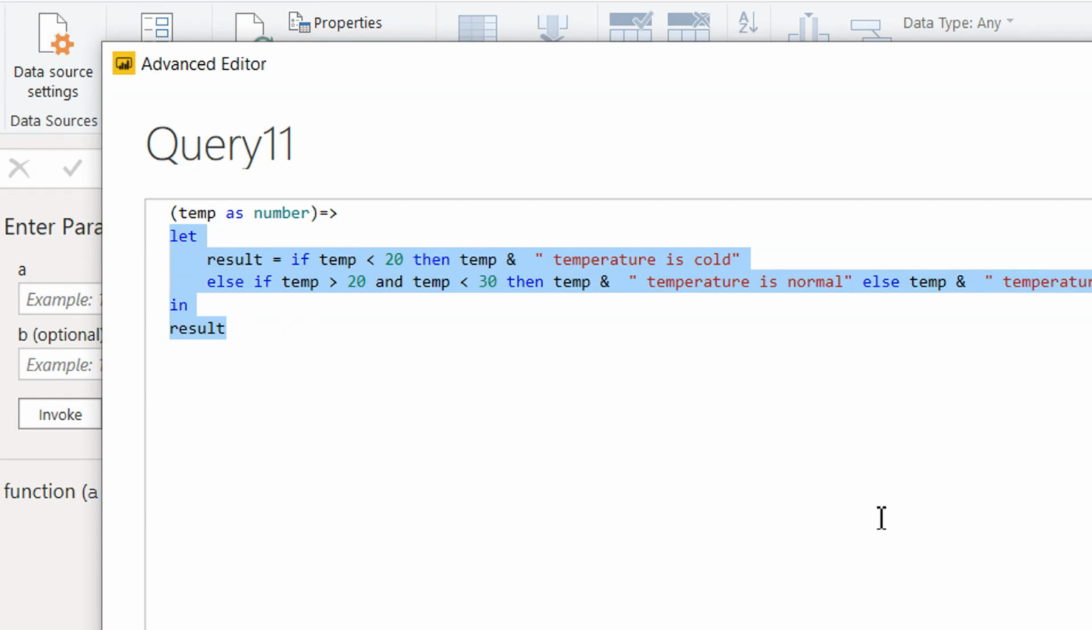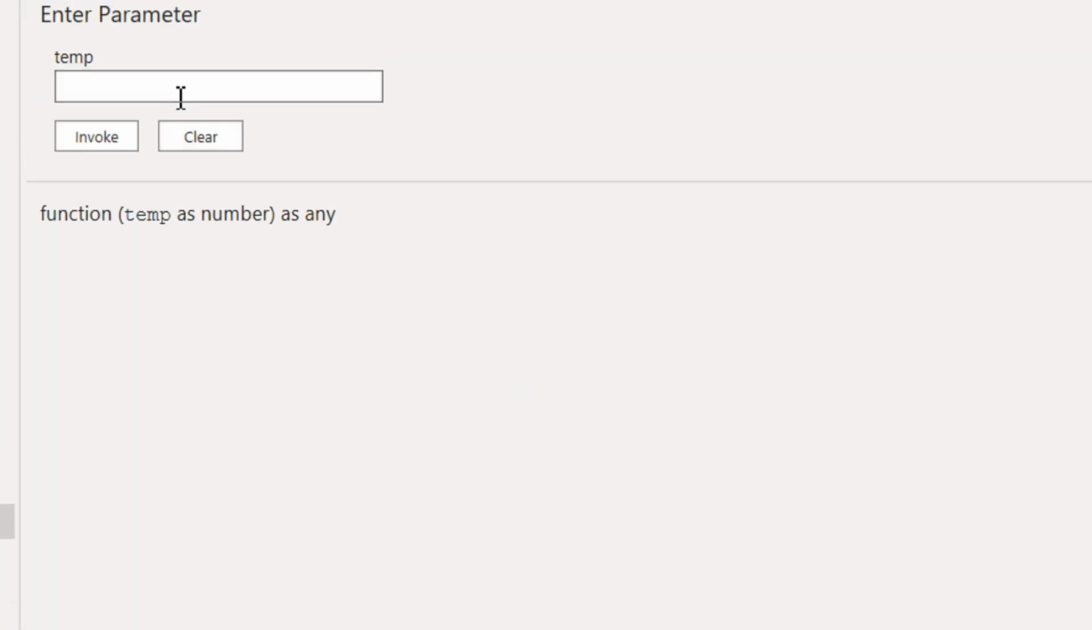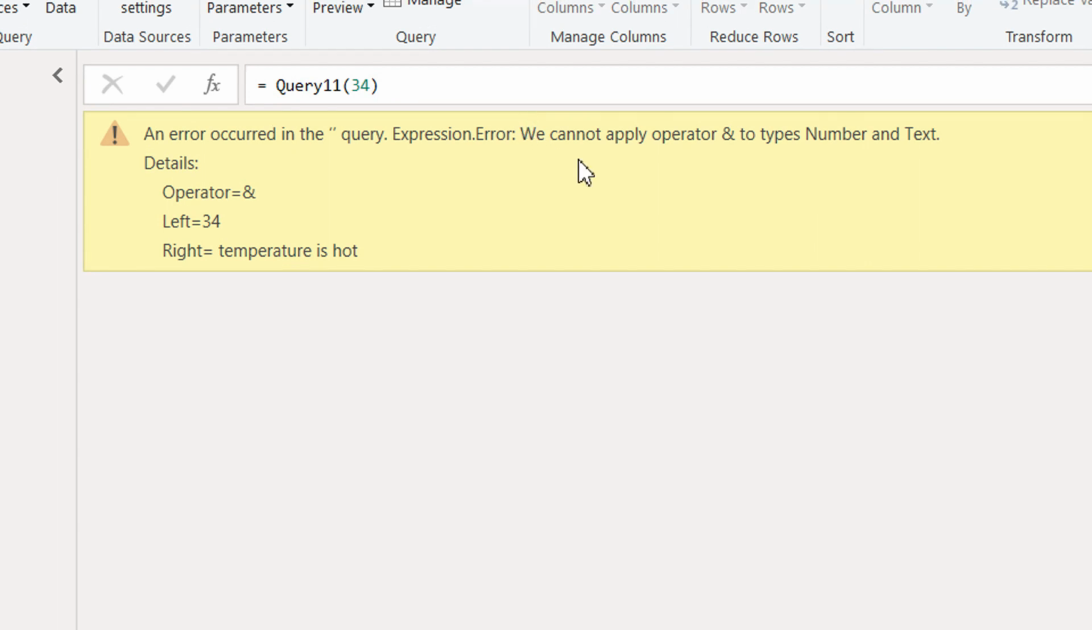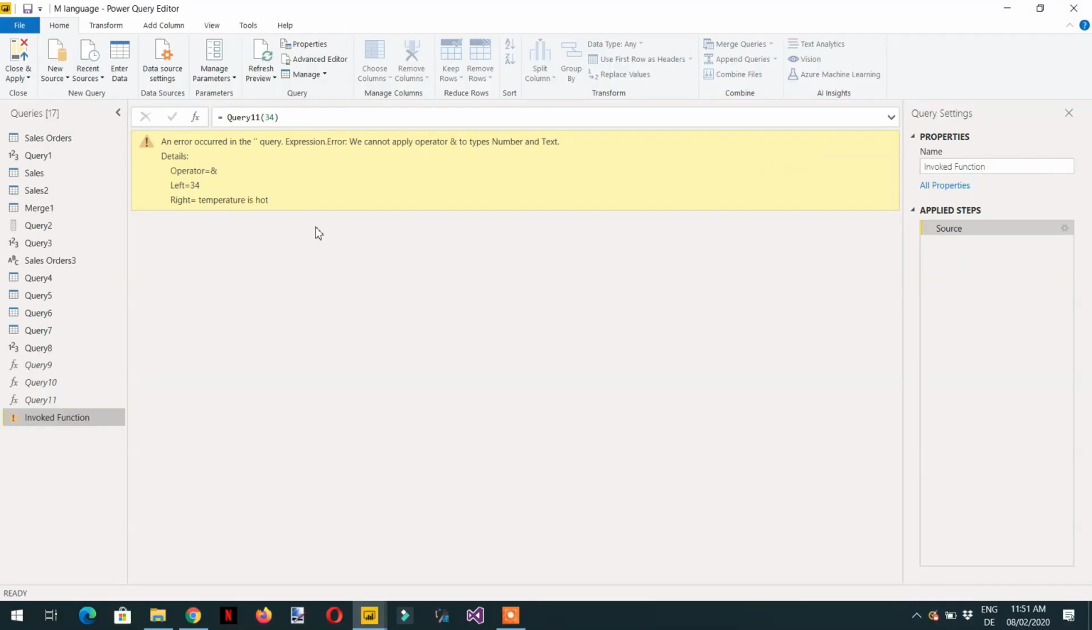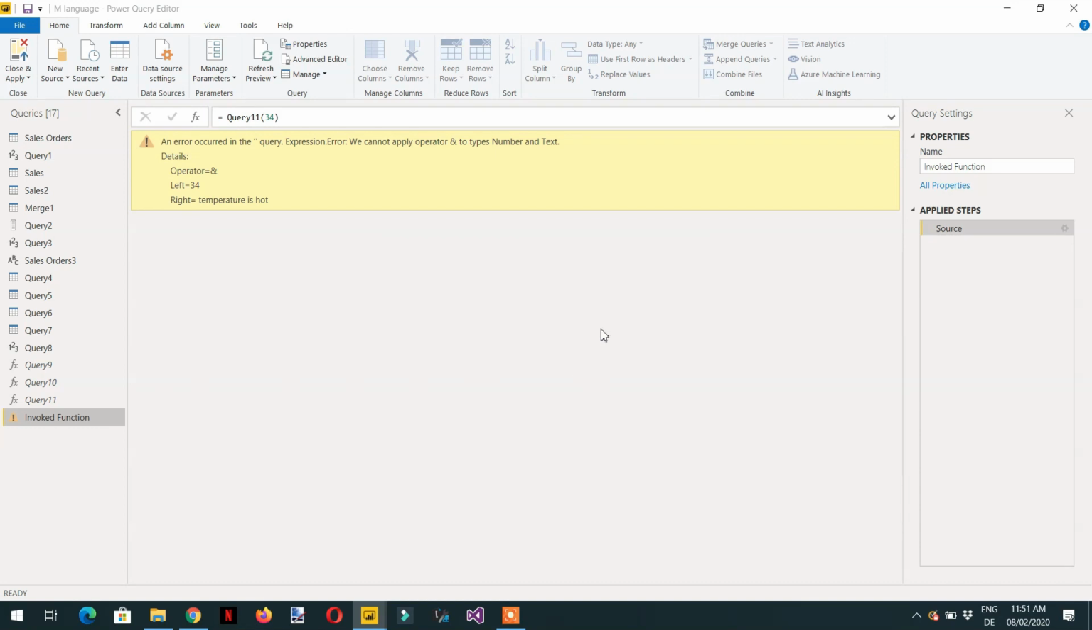So now we need to click done, and if I write here 34 invoke, so we cannot apply operator and to type number and text. So there is some type error here. For this we need to delete the invoke function, and we have to go to